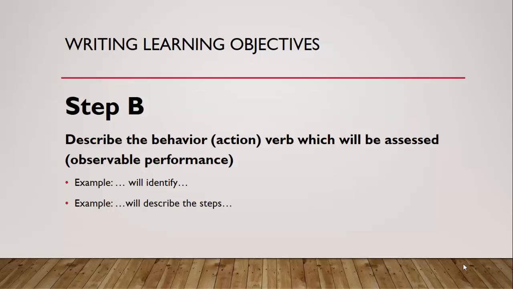Step B. Describe the behavior which will be assessed. This is the heart of the objective statement. It should identify the action or actions which a learner will perform. For example, will identify. It must be observable and measurable. You will define the measurement later. The behavior can include the demonstration of knowledge or skills in any of the domains of learning: cognitive, psychomotor, affective,